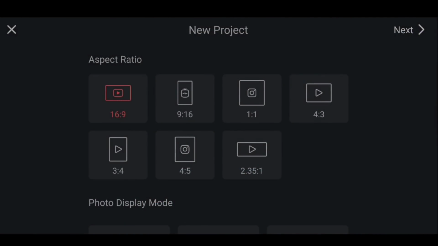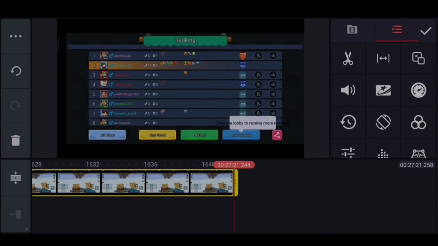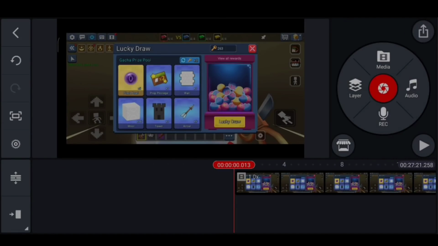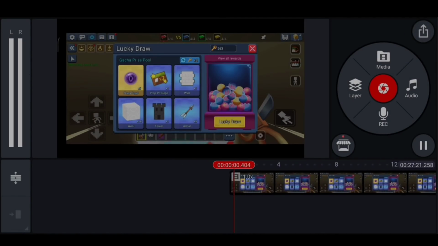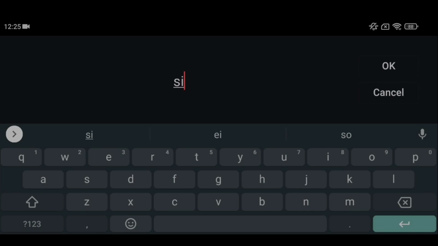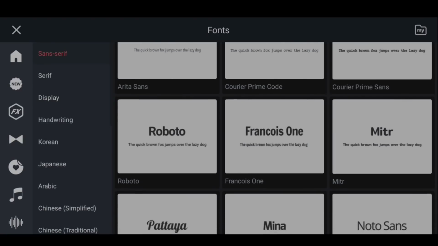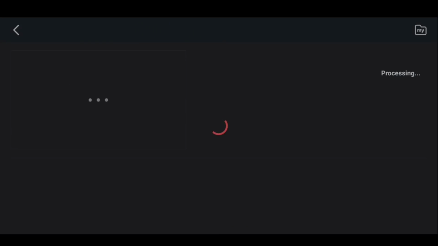After that, you create a new project. You want to take whatever you want to edit. After that, we have a 27-minute long video, and I'll show you how I edited it. Firstly, I want to show you how to get the text I use. You will need to type a random word, then press on AA, go in the shop, sans serif, and scroll down till you find Poppins. You download it, and now you have the text I used for my intros,